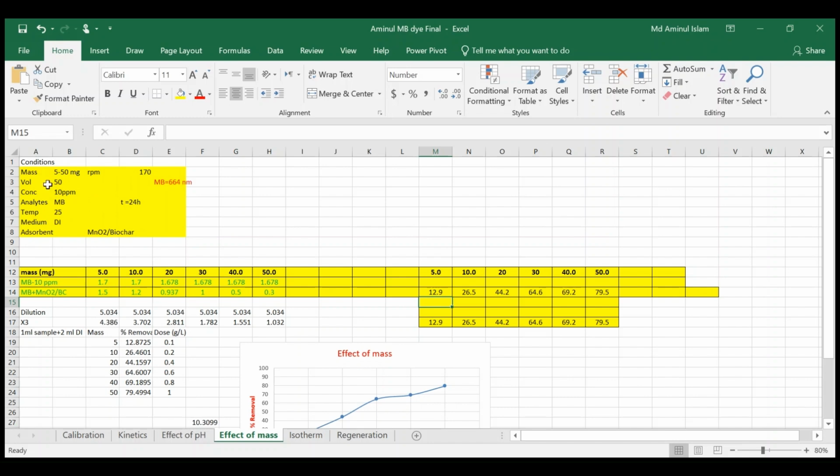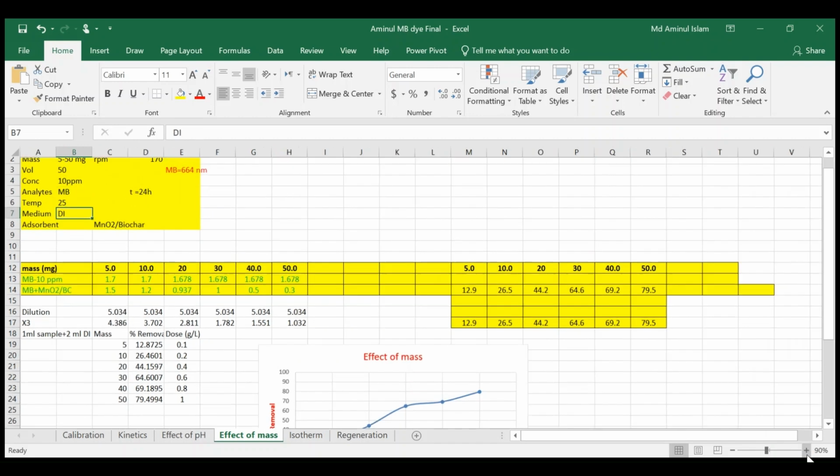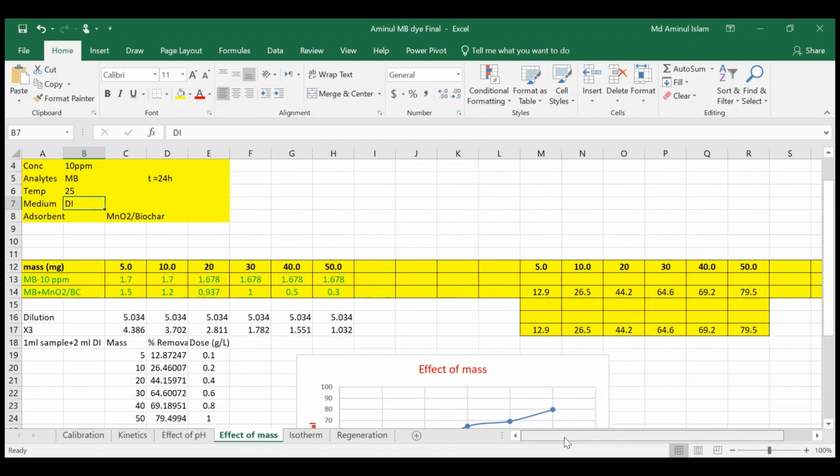For example, here are the experimental conditions for methylene blue adsorption onto manganese dioxide biochar composite: mass is 5 to 50 mg, volume is 50 milliliter, concentration of methylene blue is 10 ppm, and temperature is 25. Then you need to make an Excel sheet like this. For example, these are the mass: 5, 10, 20, 30, 40, 50, and